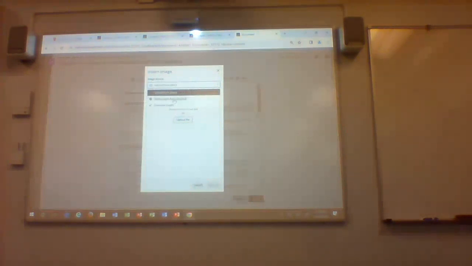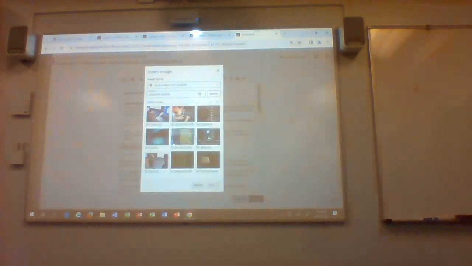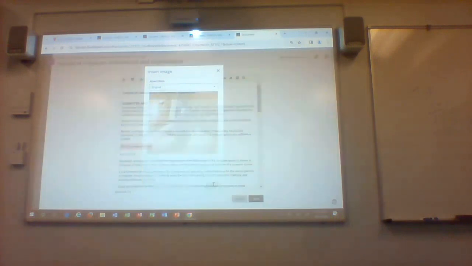Once again, I can just do that, and it will give me that. Depending on the document you're working on, I can do computer system or something, and I will just do this. And that's the image. I like that image, so I'm going to use it.